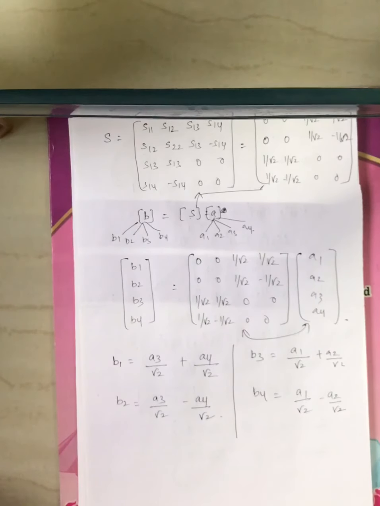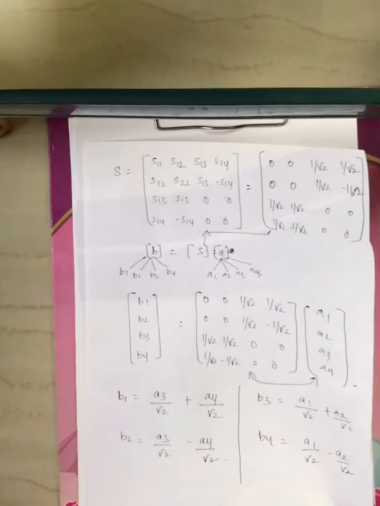Now we have to prove both the E-plane T property and the H-plane T property. If we can prove both properties using this matrix, that means the scattering matrix we got is correct. If we can't prove both the E-plane T property and the H-plane T property, that means we have done something wrong, right? Now let us prove the E-plane T property and the H-plane T property, right?